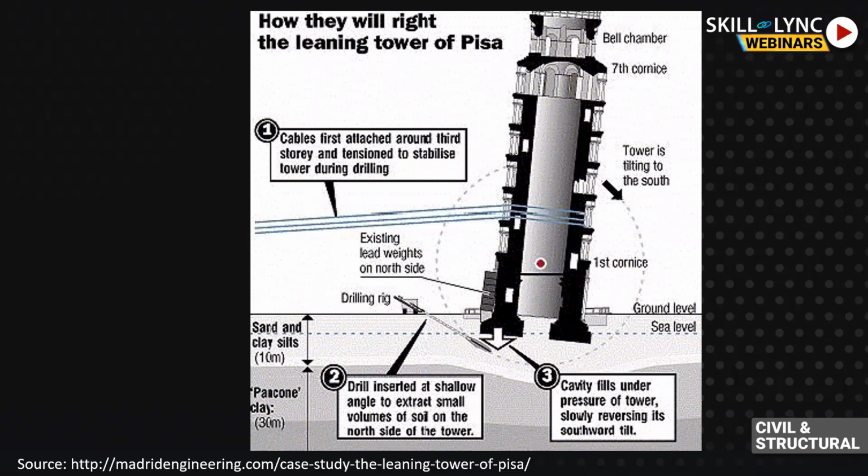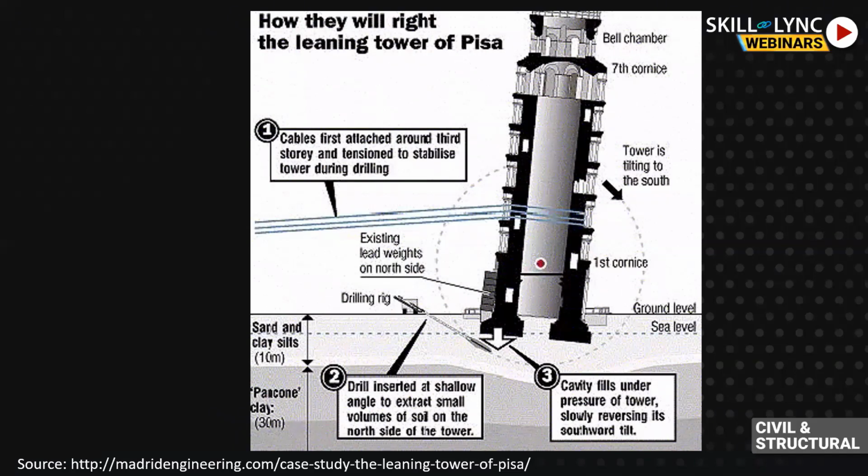Each borehole was dug one by one, very carefully, monitoring the settlements and the movement of the tower very carefully. And in the preliminary soil extraction, 20 liters of soil was extracted from the area below the northern side. And it was found that there was no problem happening. Everything is under control. So they went ahead with the full soil extraction, and by 21st Feb 2000, they had dug 41 boreholes as a part of the full soil extraction.